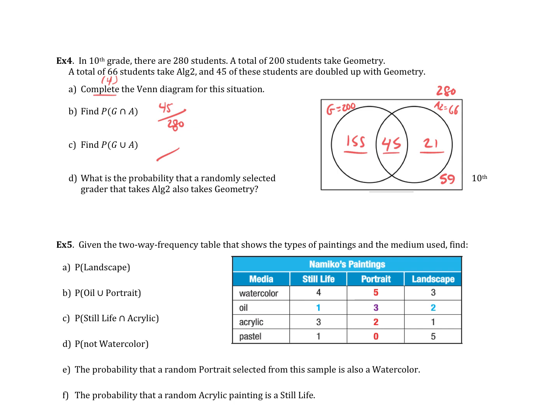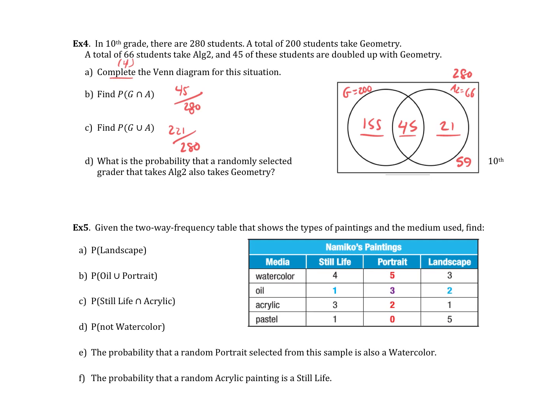Or is going to be everyone but the 59, so 280 minus 59, or I could add up those 3 little zones, and I actually had that number before, didn't I? 221 over 280. What's the probability that a randomly selected